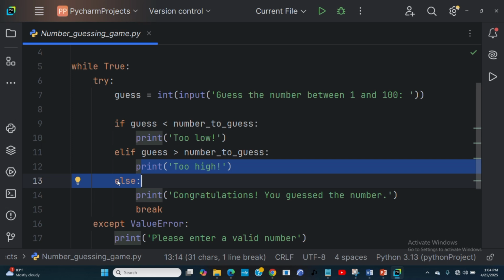Okay, so now I say else, print: if it is neither high nor low, it means it is equal. So in the else branch we print "Congratulations, you guessed the number", because the number that you guessed is equal to the number generated by the program.